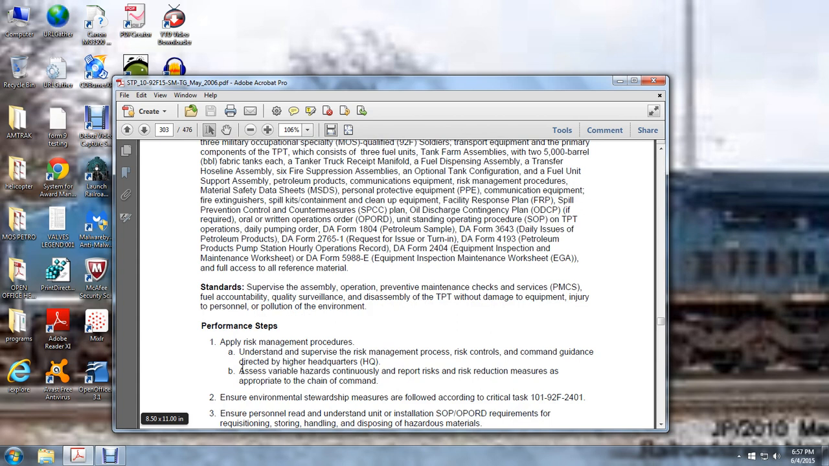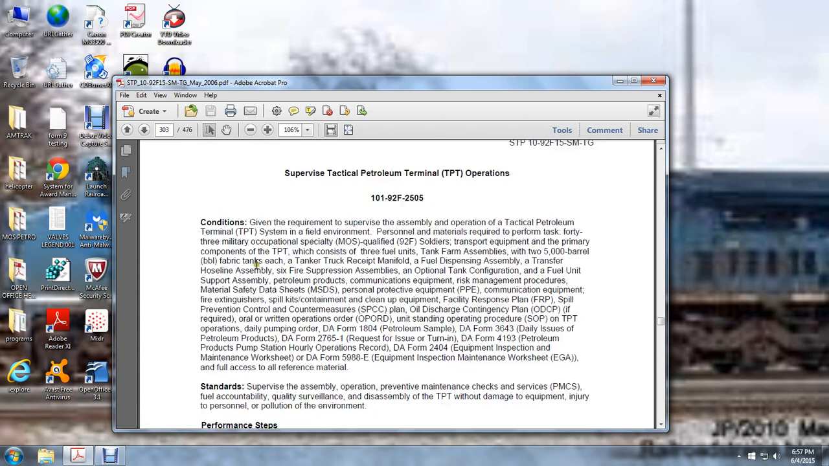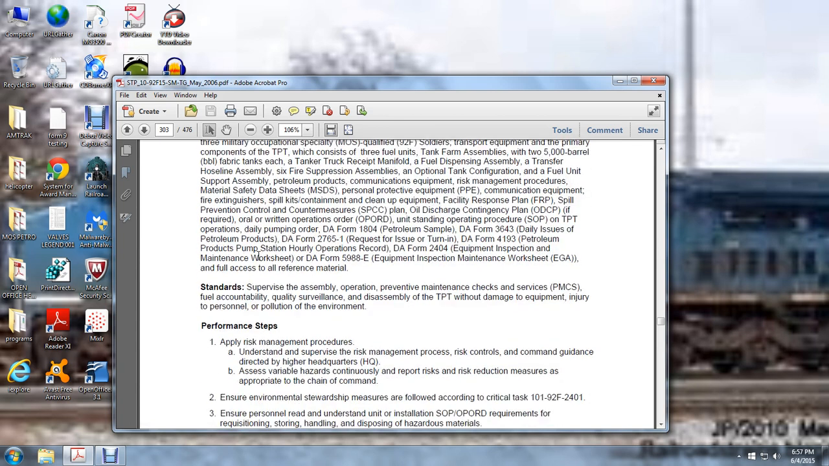Supervised assembly operation, preventive maintenance checks and services, and the fuel accountability and quality service, and assembly of the Tactical Petroleum Terminal without damage to the equipment, injury to personnel, or pollution of the environment. Apply risk management procedures, understand and supervise the risk management process, risk control command guidance directed to higher headquarters. Continuously report risk reduction measures to the chain of command; environmental stewardship measures are filed accordingly. Critical task 101-92F2-401. Ensure personnel read and understand unit installation standard authorization requirements for requisition, storing, handling, and disposing of hazardous